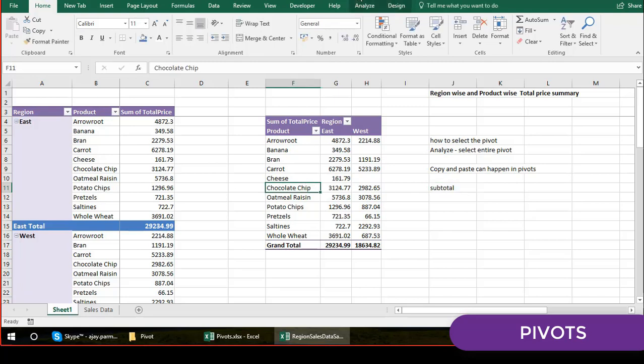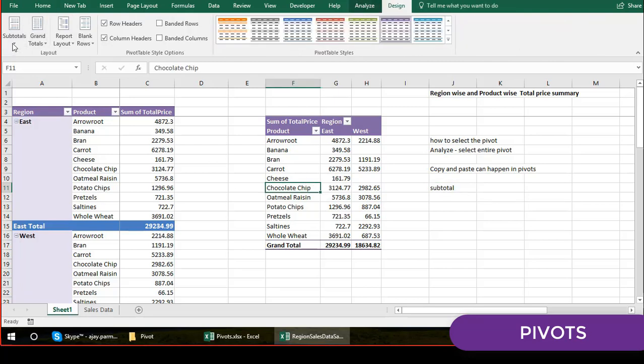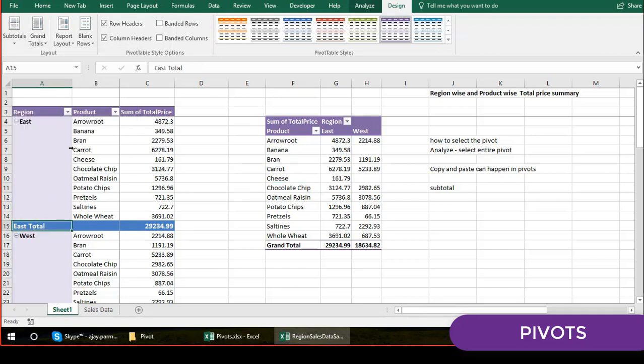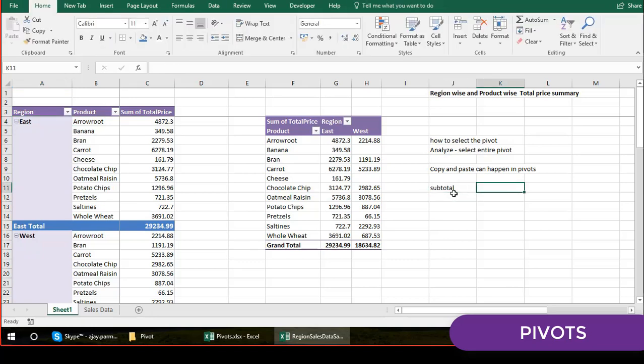Subtotal is available in the design tab over here, this entire area. Do not show subtotal, bottom of the group, top of the group. You want to show the total here, or you want to show the total on the top of this. So the subtotal option is there in the design tab.